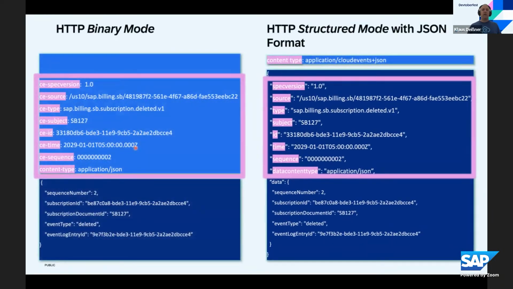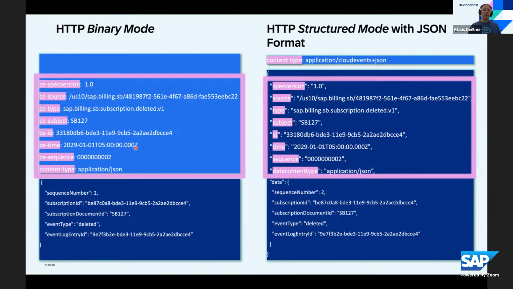Okay, here we go. So sending events over the wire requires that you use some protocol. I used the example of HTTP here because I think it's one of the most widely spread protocols, even though it's not that ideal for messaging purposes. But nevertheless, we have so-called modes in Cloud Events. And here I show the binary and the structured mode.